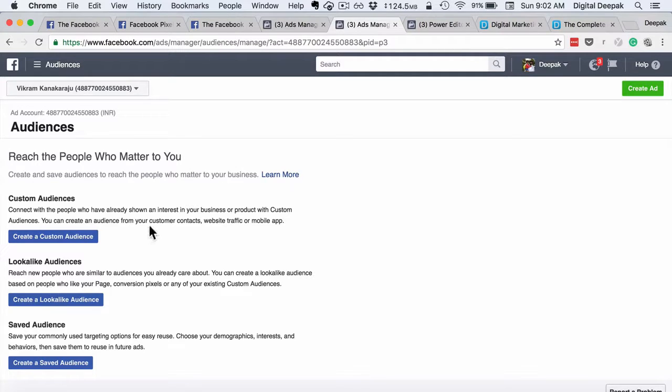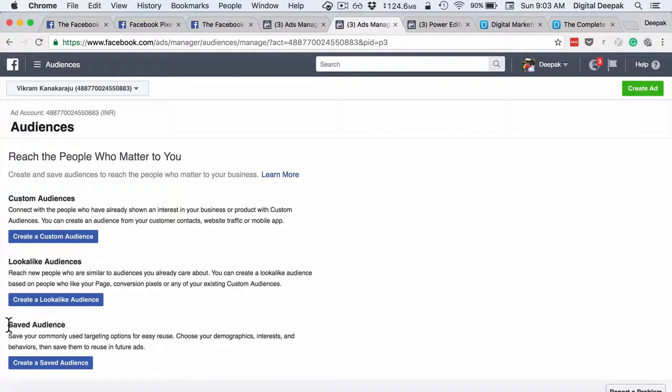If you have 10,000 customer email IDs, you can create a lookalike audience which will be, let's say, 5 lakhs or 10 lakhs, and the demographic of these people will be similar to the custom audience that you have created. This is very powerful when you want to get new customers from Facebook, because these new customers obviously will have a similar demographic to your existing customers.